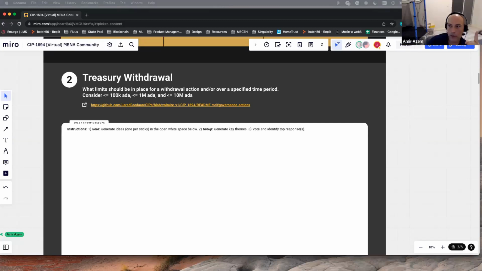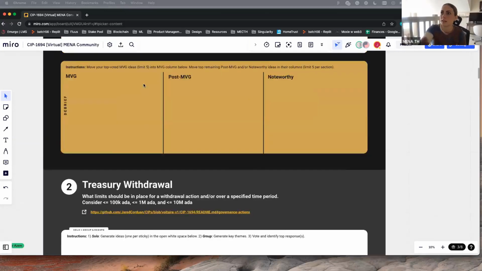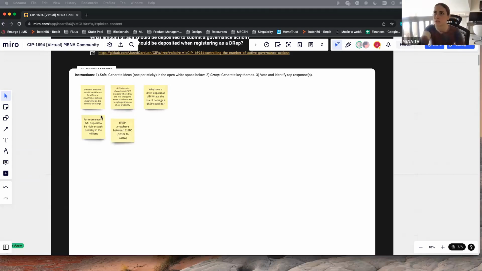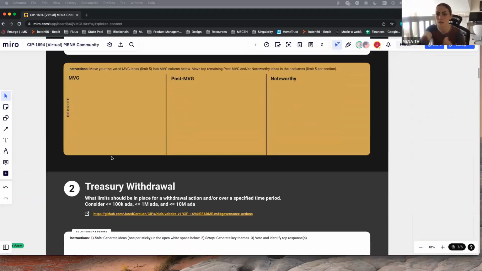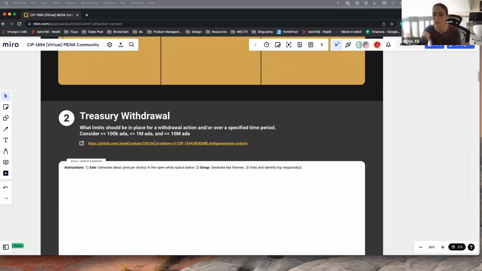Through one of these governance actions, for example, I want to withdraw 100,000 ADA to fund my project, almost like Catalyst. So for example, we decided here that a governance action deposit should be relevant to its severity. Let's say, Joanna, I want to withdraw 10 million ADA. I have to put in an agreed deposit of 1 million ADA, and then I justify why I need to withdraw 10 million ADA from the treasury. Then DReps and people vote yes, she can have it, or no, she can't.